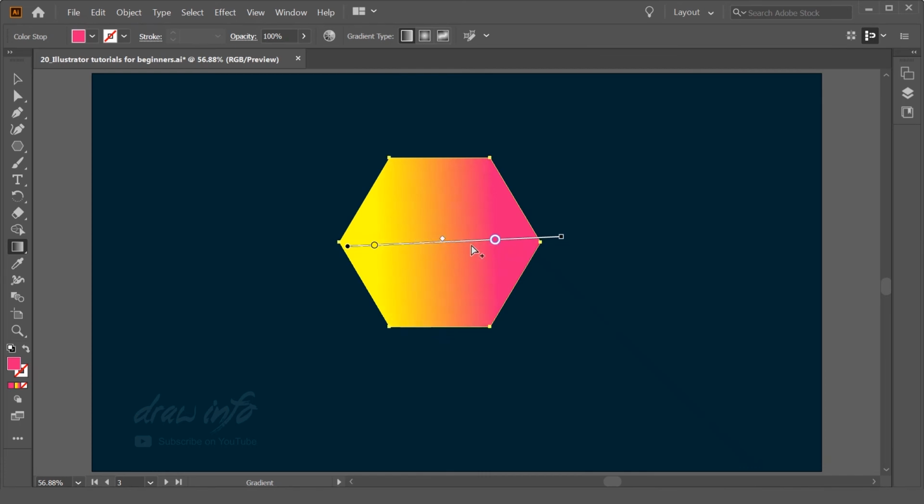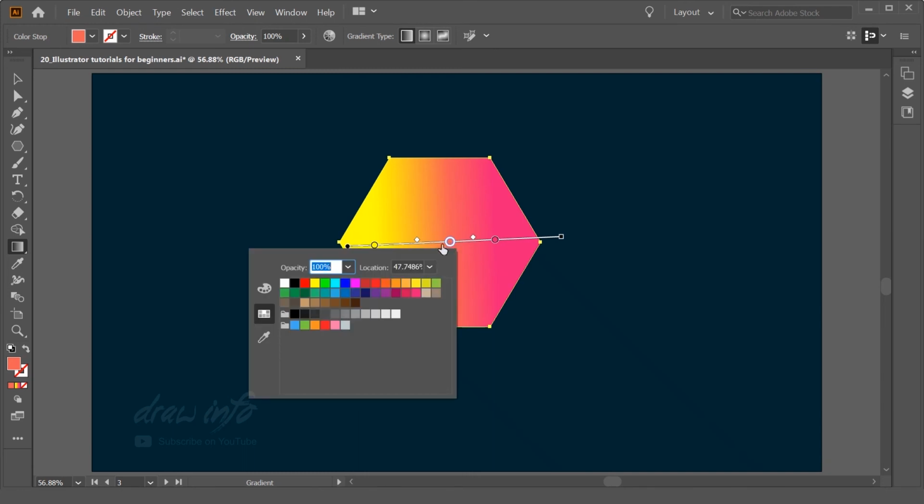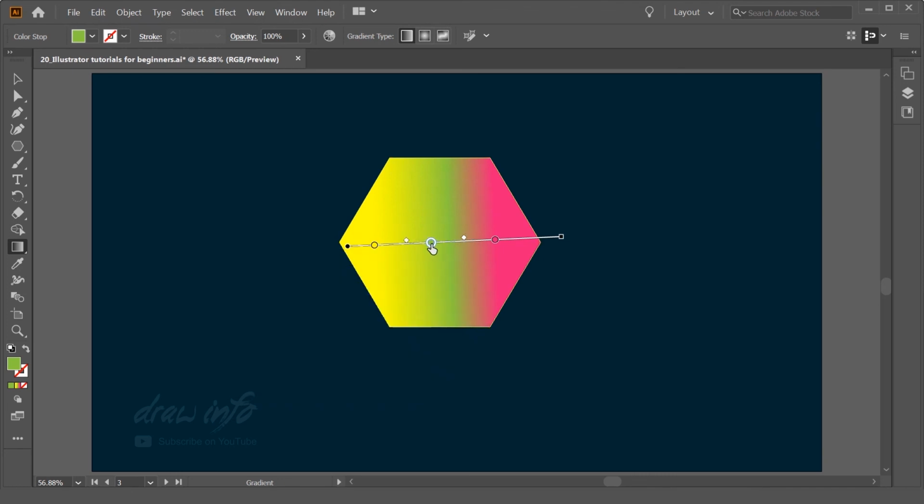Now if you want to add one more color over here, you see if you go over here, a plus icon comes up. As you click that, you get one more color circle. By default it takes the in-between color of whatever colors are there. If you double click, you can change this color into any color. You see now I'm able to change this color. So this is the way you can add as many colors as you want in between.